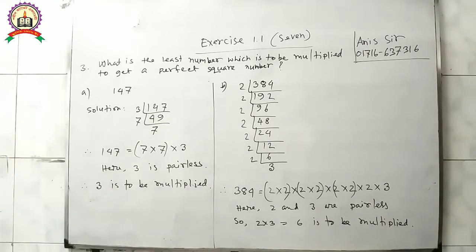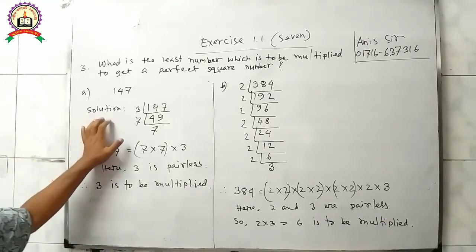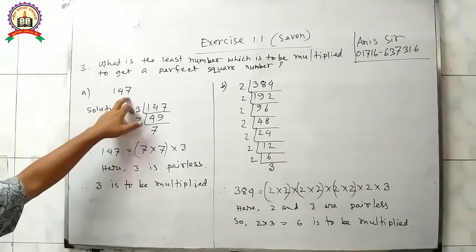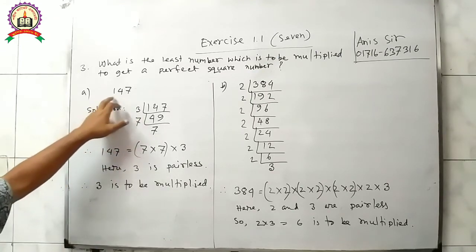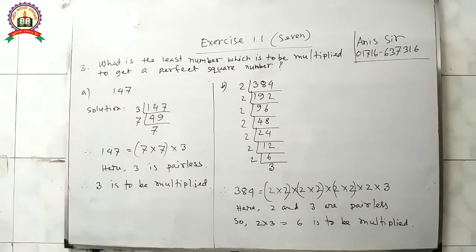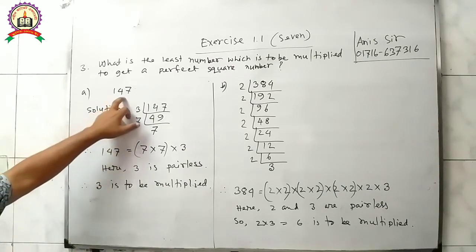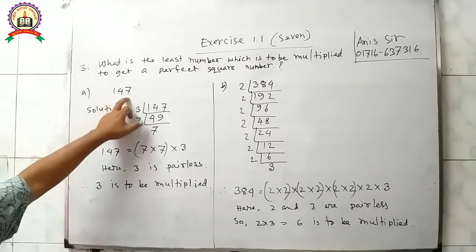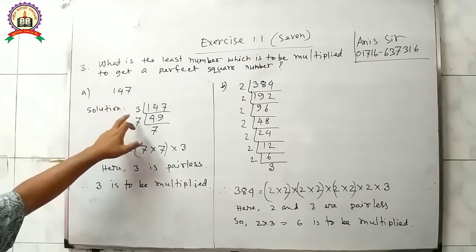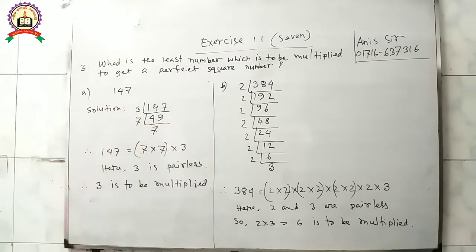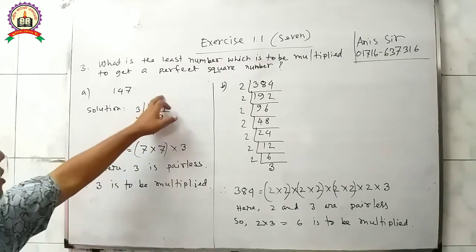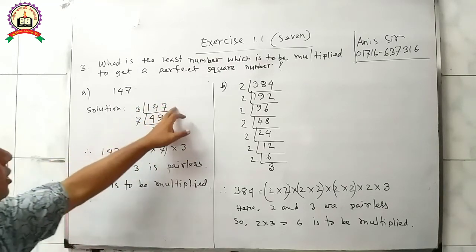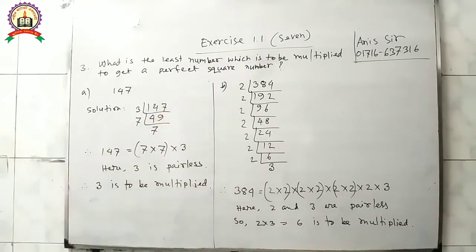So, solution: at first we have to find out the prime factors of 147. For finding out the prime factors of 147, we have to solve in this way. 147 is divisible by